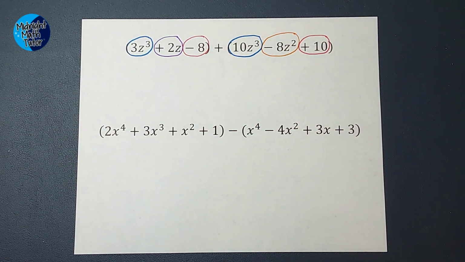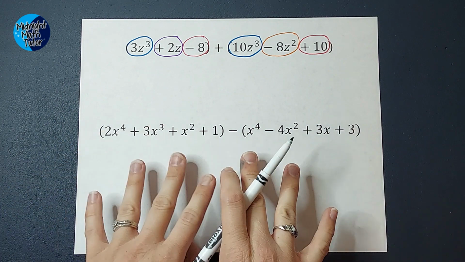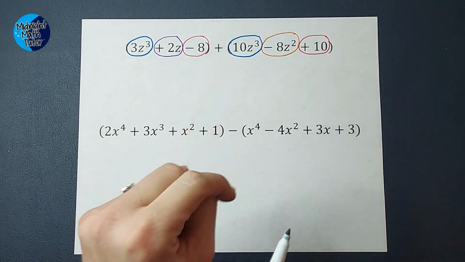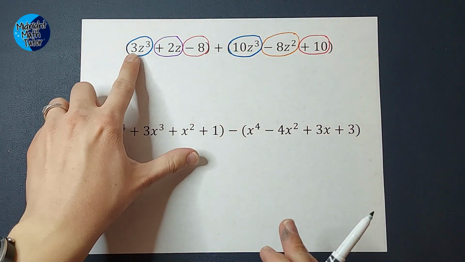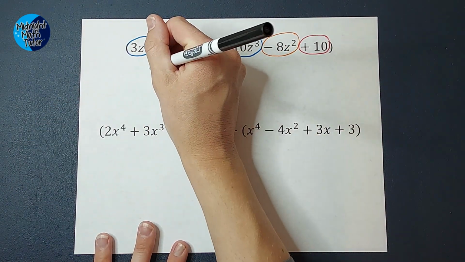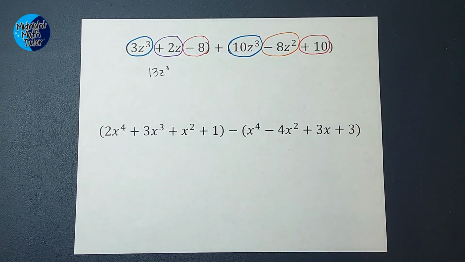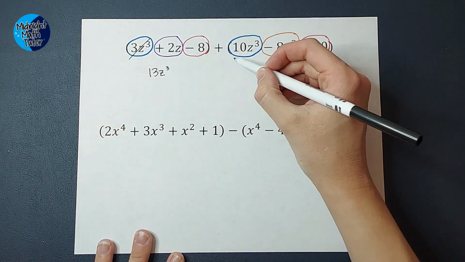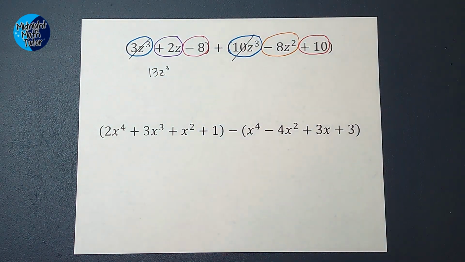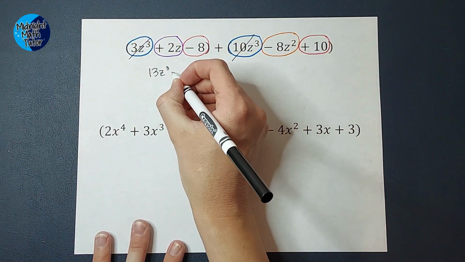Now let's go ahead and start combining these. When we are adding, we don't have to worry about the parentheses too much. When we are subtracting, we will pay more attention to them, okay? So we've got 3z cubed plus 10z cubed, which gives me 13z cubed, okay? We like to go in descending order, which means I'm going to do the squared next. Remember, there wasn't a z squared over here, so that's just going to be